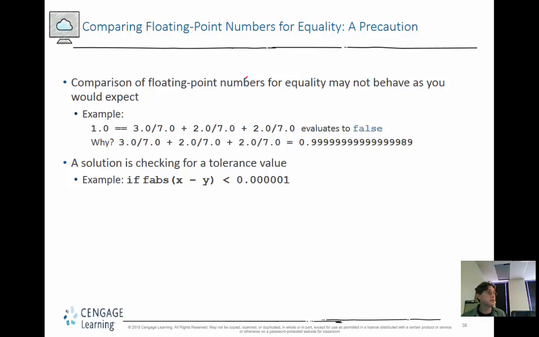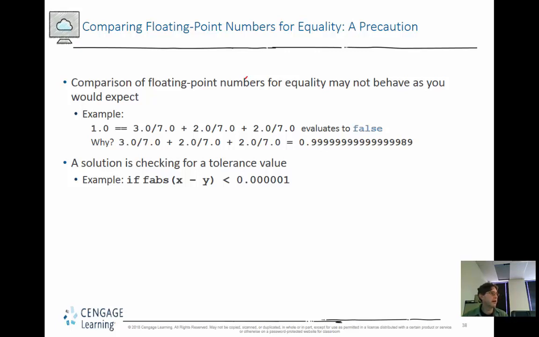So it repeats and goes on forever. 2.0 divided by 7.0 is 0.285714 repeating, right? So anyway, the point is that inside the computer's memory, that repeating decimal can't go on forever